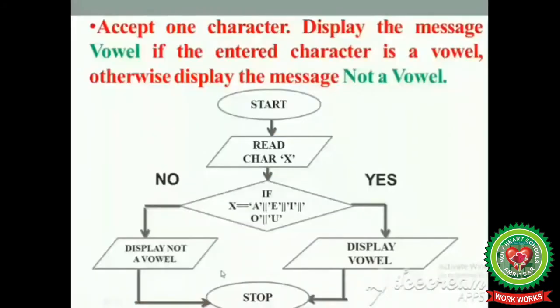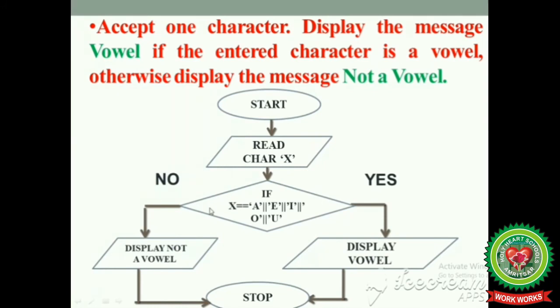Start the flowchart with a start stop symbol and write down start in it. Here, start, because we are going to start the flowchart. Then draw the flow line to connect with the next box, and draw an input output box and write down read char X. Here, char represents character, which means we can enter only a single alphabet, and X is used to store that alphabet. Then draw the flow line to connect with the next box.